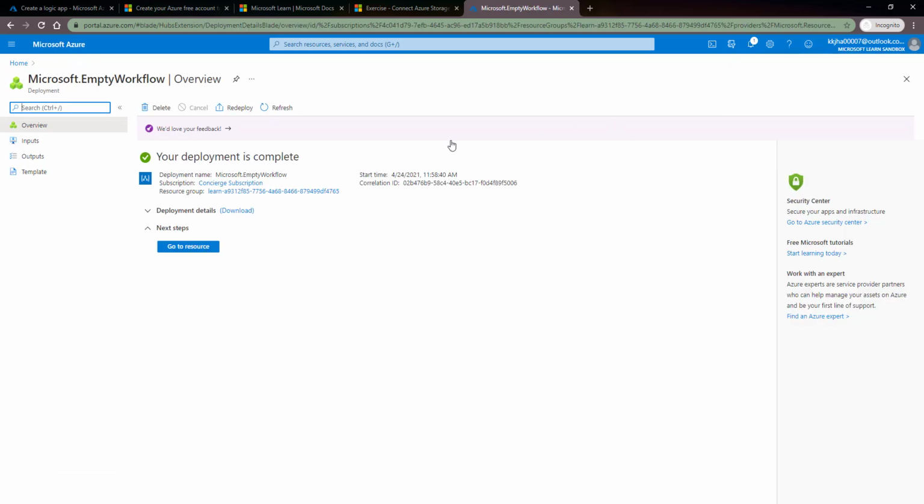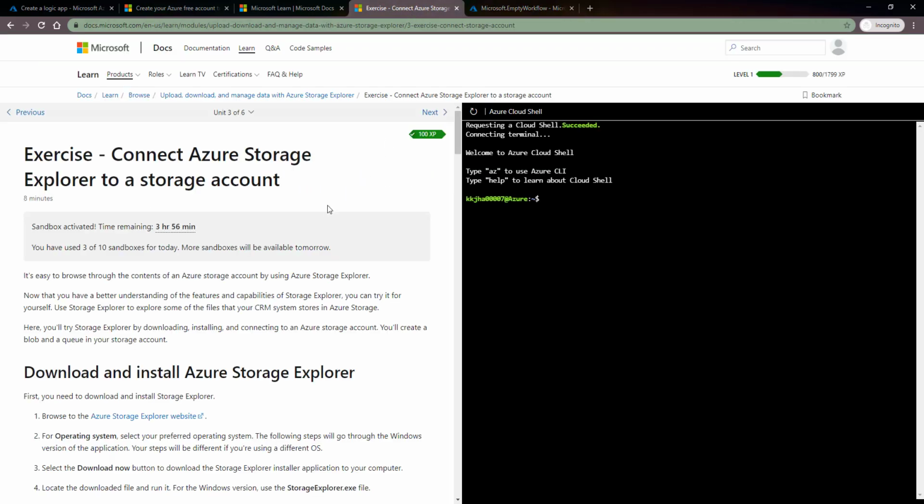You don't have to register anything or provide your card information, and you can explore the Azure services for the next 4 hours. Once the 4 hours are completed, you can create another sandbox and explore all the services in Azure portal. In this way you can use Azure portal 100% free. You don't have to pay anything, and Microsoft will not charge anything. It is just for learning purposes.